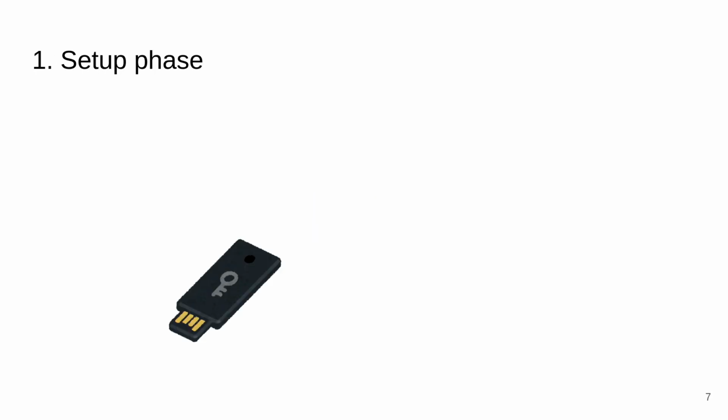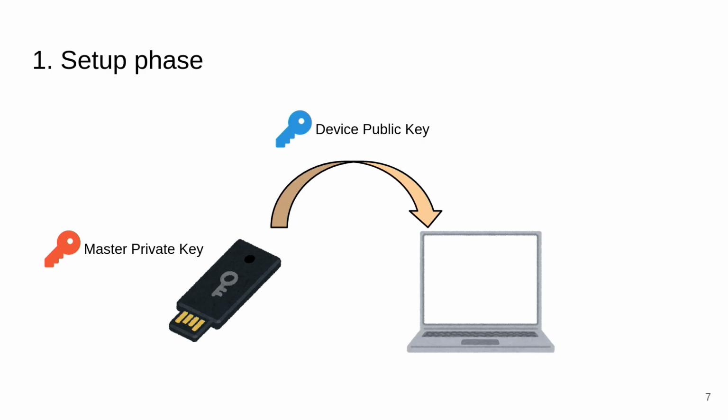VICEROY consists of three steps. The first is the setup phase. What happens is that the consumer will bring its trusted consumer device. It would then generate a master private key. And from this master private key, it would communicate to its regular consumer device and generate a device unique public